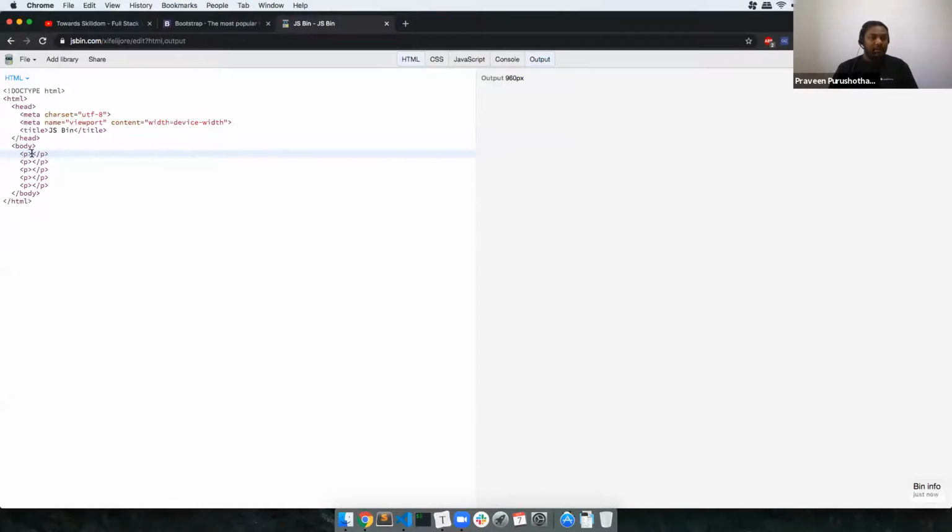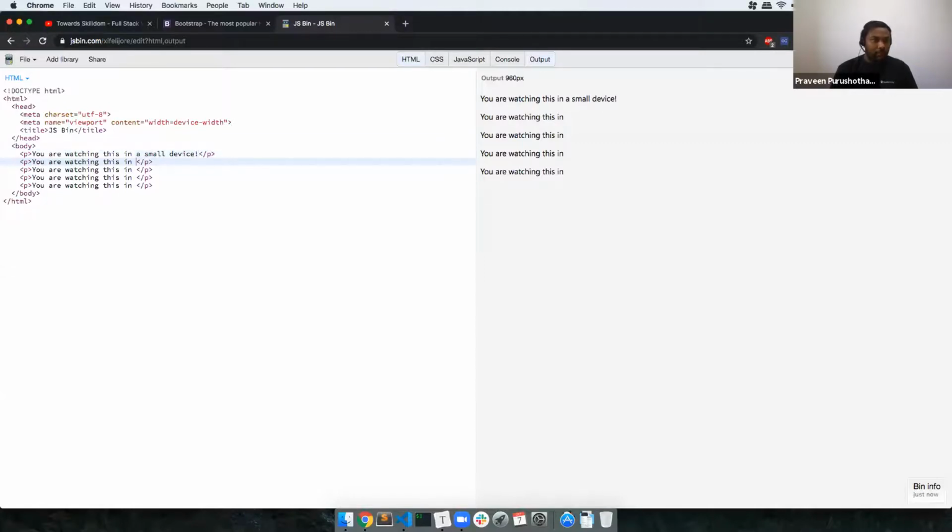And I'm going to put in each one that you are watching this in, say, a small device, then in an extra small device, then in a small device, in a medium device, in a large device, and in an extra large device. Mine, I believe, is an extra large device because of the width of the whole thing.